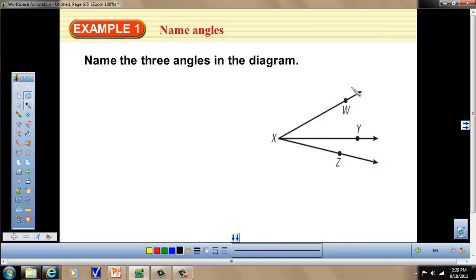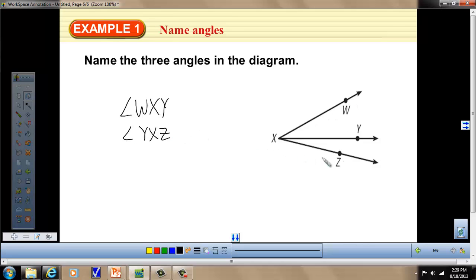And we're going to start off by naming the top one. We'll call that angle WXY. If you notice, when I name this first, there's a symbol for an angle in front, and I name it as if I'm going around the angle, and the vertex is always in the middle. The bottom angle here we can call angle YXZ,